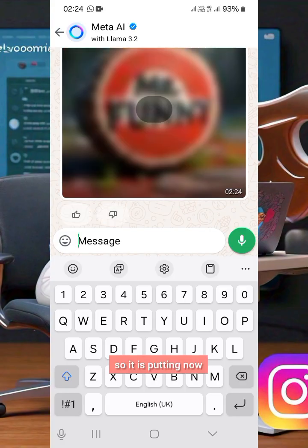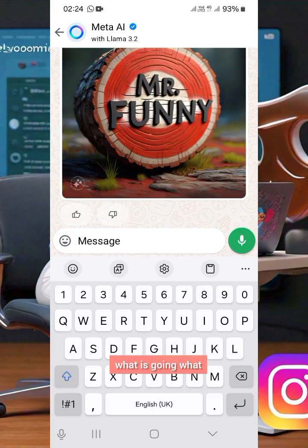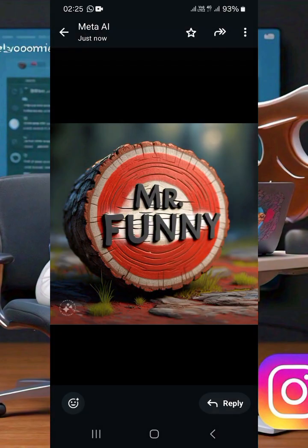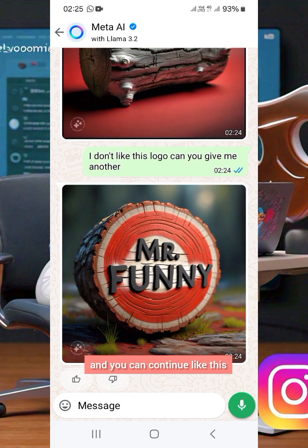So it is put in now, and look at what it has given me this time, because I said I don't like that first logo. And you can continue like this. As a matter of fact, with the use of this AI, if you meet with your client and your client is saying, okay, I want you to give me a logo,